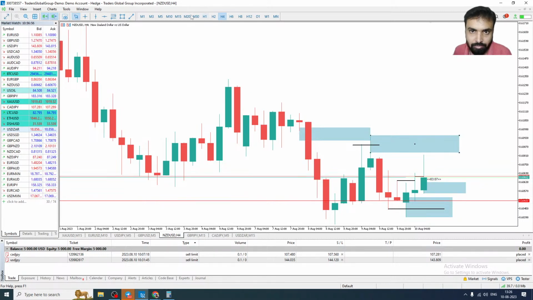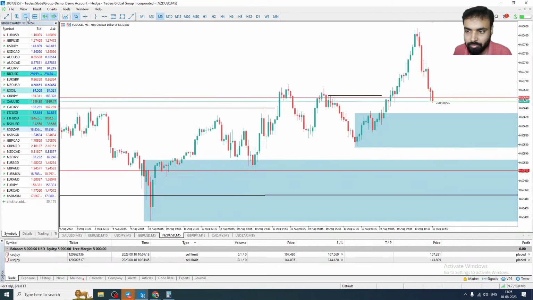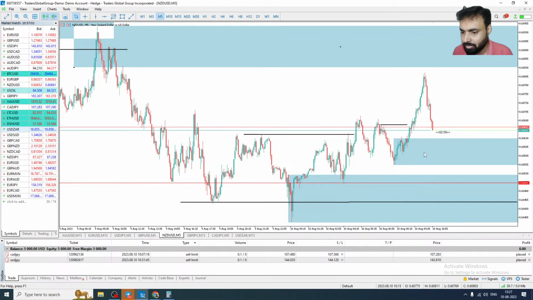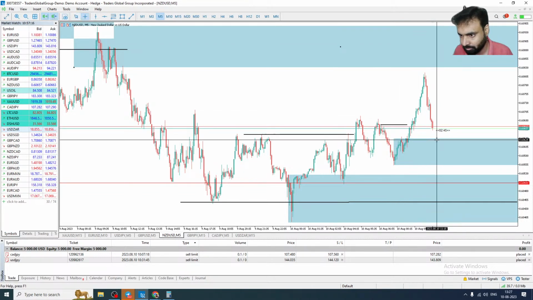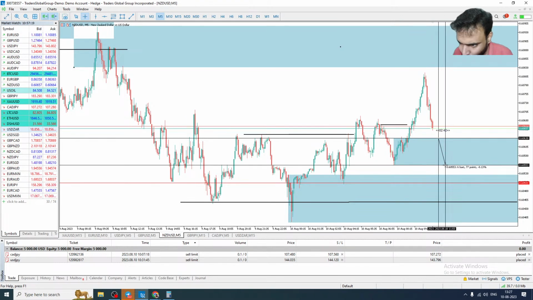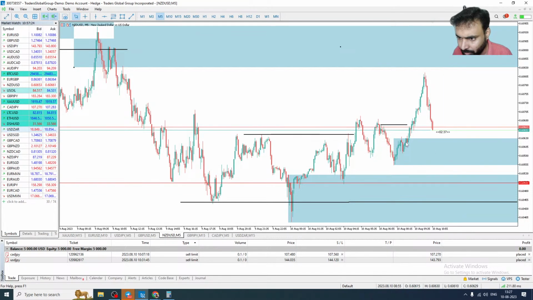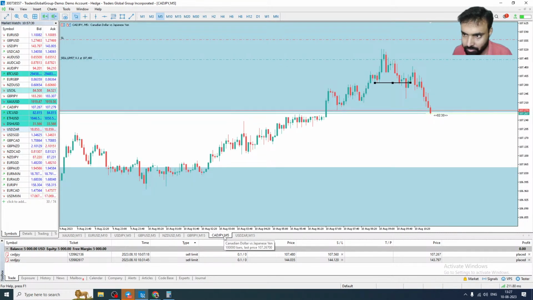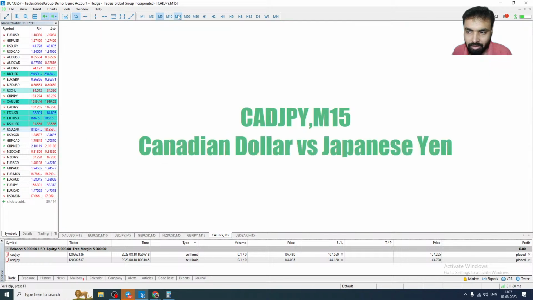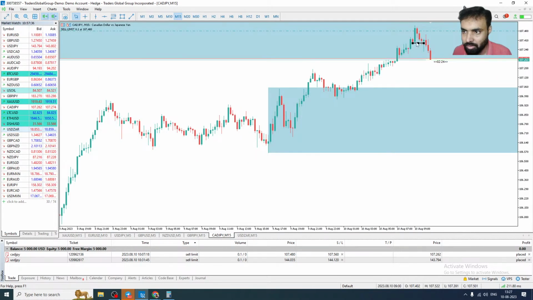So buying from here is kind of a risky process, because it's reacting from the higher level, right? But let's look for the lower time frame confirmation. Let's take a stop loss of 70 points. We can take a $7 risk, but we will try to take a trade from here, the swing point. This one is not at all touched.